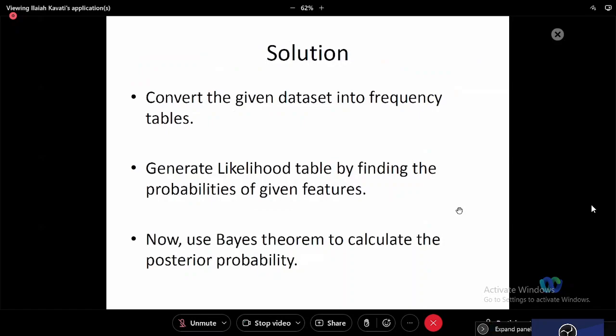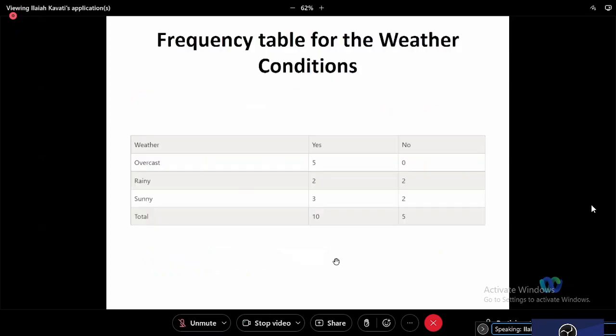The solution works in 3 steps. First, we need to convert the given data set into frequency tables. Frequency means the number of occurrences of each event, right? The second is to generate the likelihood table by finding the probabilities of the given features, like the probability of play being possible and the probability of play not being possible. Lastly, use the Bayes theorem to calculate the posterior probability, whether play was there or not. So the first thing is